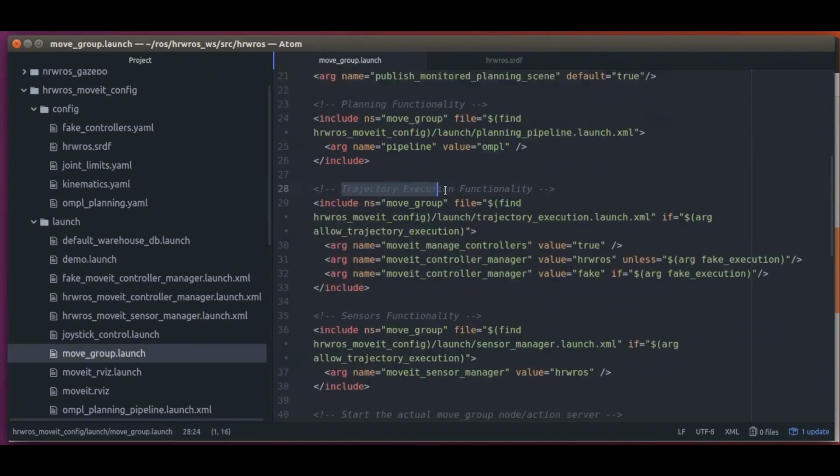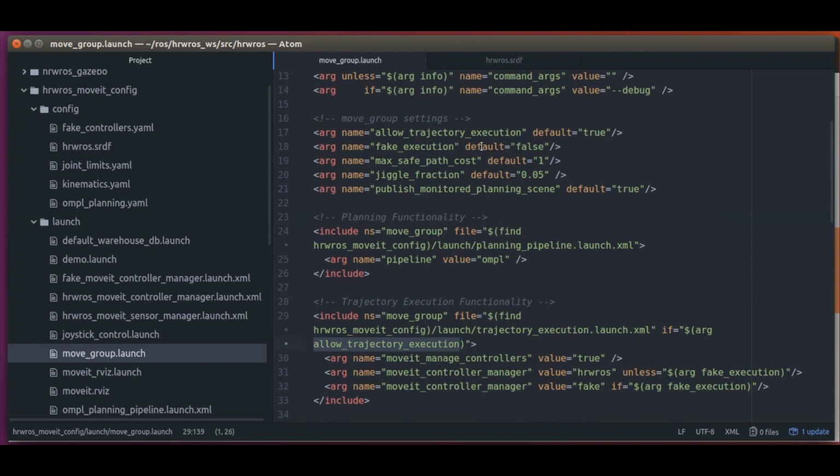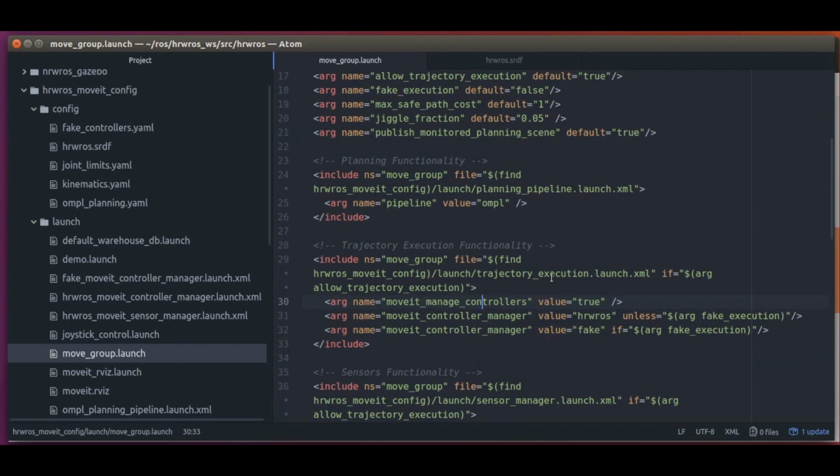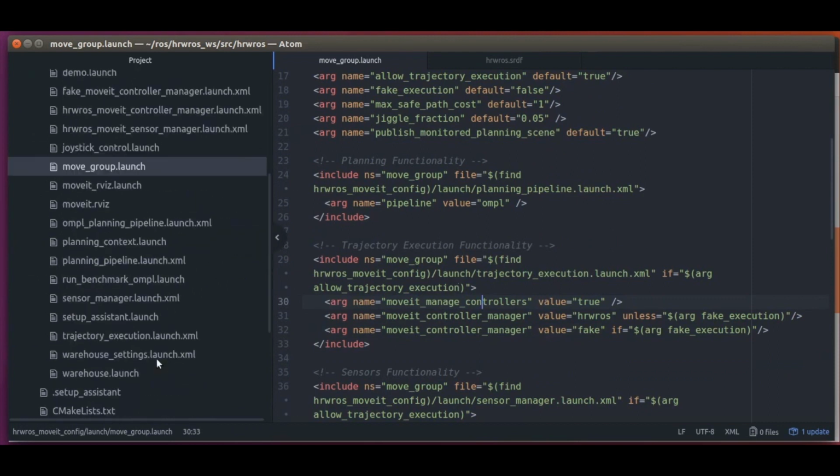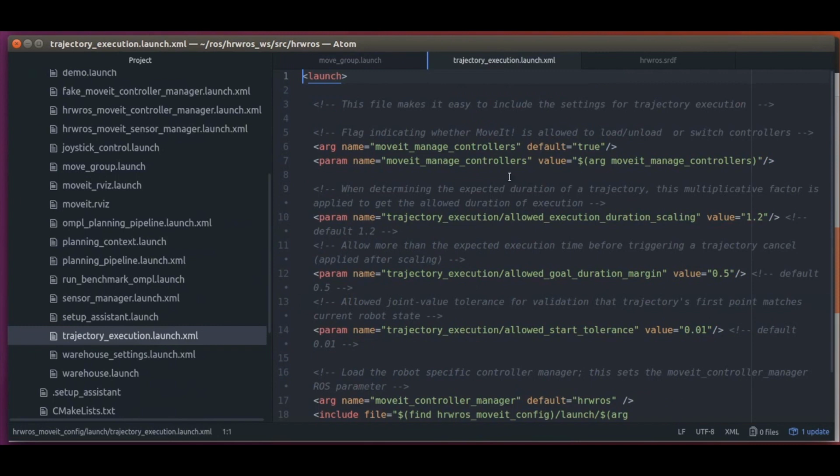Let's now see the configurations for trajectory execution. And we saw earlier that we allow MoveIt to take care of trajectory execution. So let's look into the trajectory_execution.launch.xml file. All right, so if MoveIt has to take care of trajectory execution, it will have to manage some controllers or communicate with controllers that can actually execute a trajectory on the robot arms.